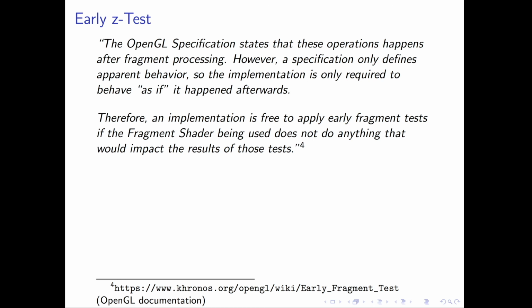When the driver and the runtime find out that the fragment shader will only ever produce opaque geometry, then we can perform the depth test early, and the vendors actually make use of this optimization. And this is really due to the fact that the OpenGL specification only specifies apparent behavior and not what really happens inside the pipeline. This is important to keep in mind, in particular when we are writing a fragment shader and we tamper with the depth of the fragments, which is sometimes necessary. But if we don't have to, then we really shouldn't,